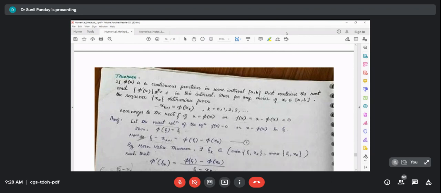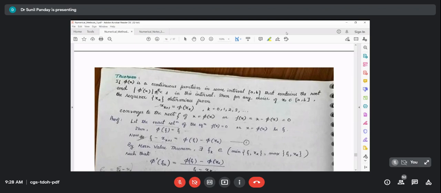If phi x is a continuous function in some interval ab that contains the root xi, and the absolute value of phi dash of x is less than or equal to c less than 1 in this interval, then for any choice of x naught within the interval ab, the sequence xk, determined from xk plus 1 equals phi xk, where phi xk is our iteration function, converges to the root xi